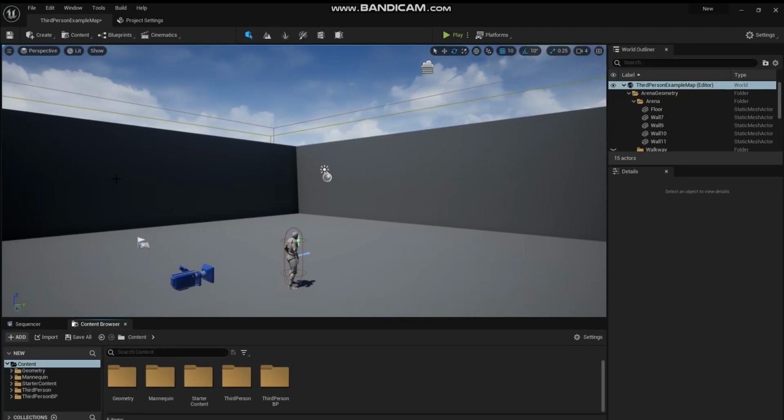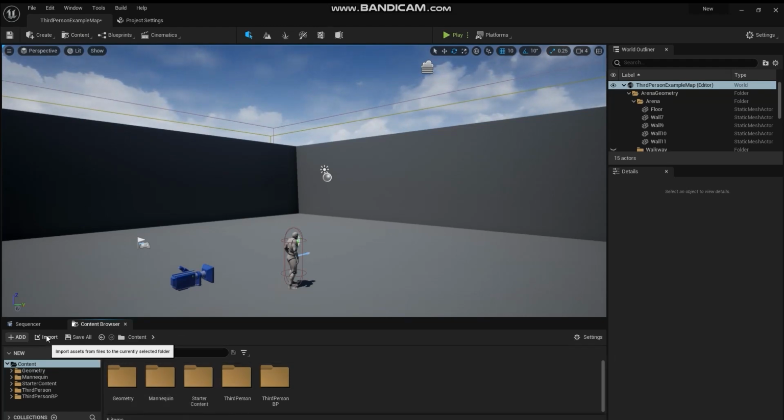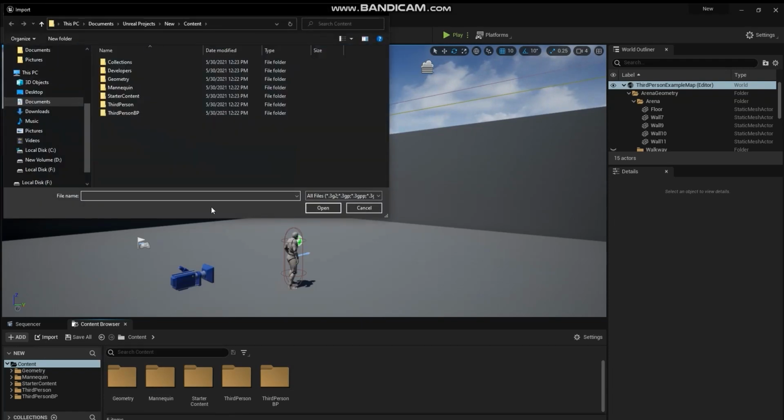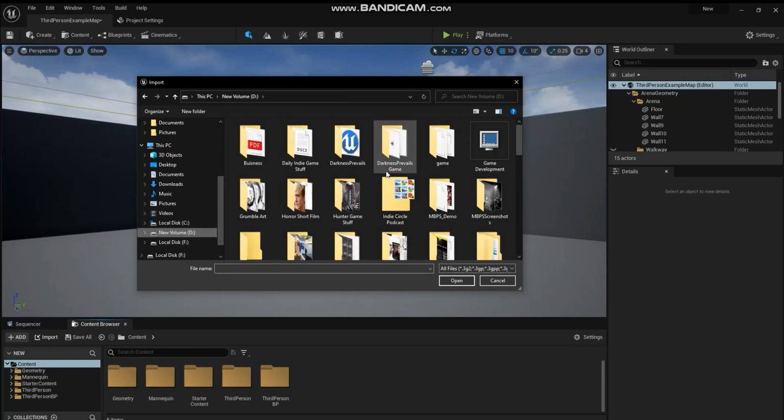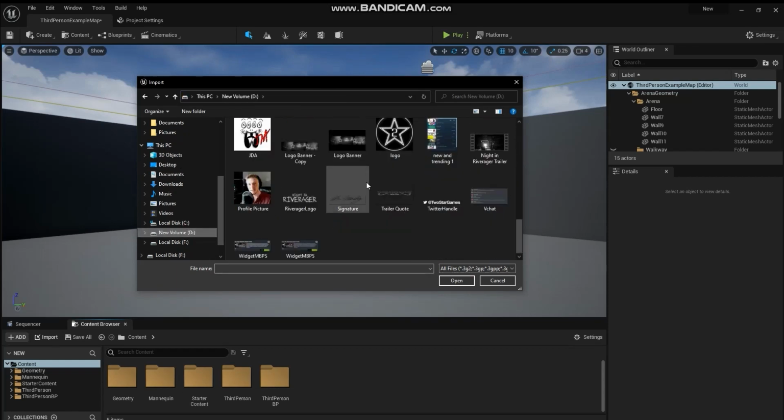your content browser, which if you watch the last part, can be opened by clicking on content and then opening up a content browser window, and you just drag it down wherever. And what we're going to do is we're just going to hit this import tab right here. And this is just going to open up your Finder file browser window here, where you can go and you can find any file that can be opened